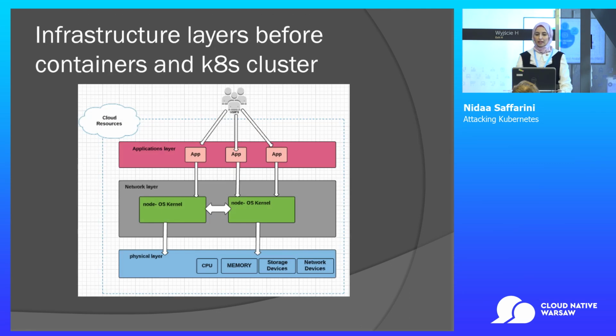Let me please go back in time, before Kubernetes. I just want to highlight three points. The first thing: before Kubernetes, we had only one door, actually, or two doors, to our infrastructure from outside. The first one is from users, who actually access the apps, and the node, which we really access via SSH.